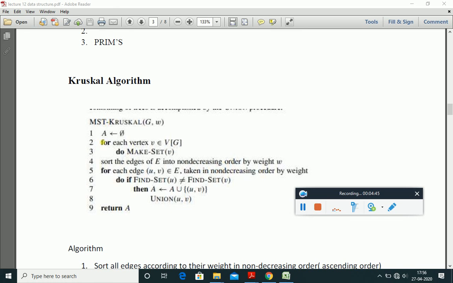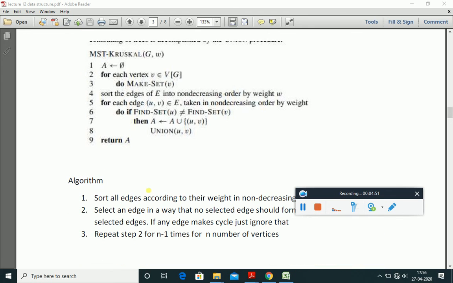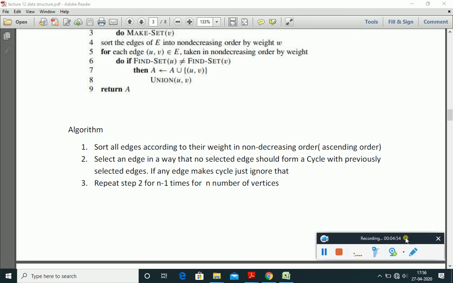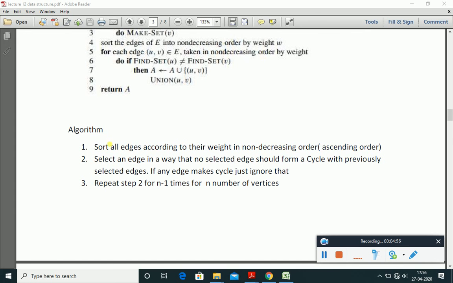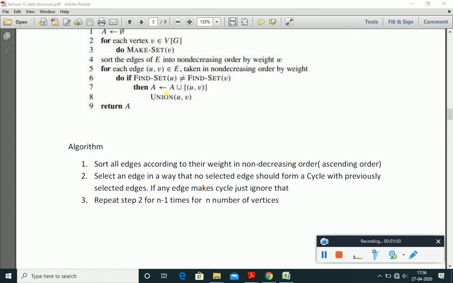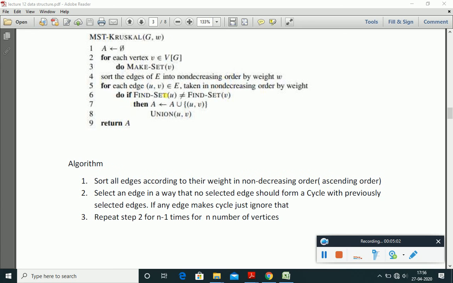This is the algorithm which is given in CLRS, the Cormen book of algorithms, and this is the algorithm which we can use for normal purposes. Both are the same, there is no big difference, just a way of writing, just a way of implementation. I have shown both so we can understand this also. So let us understand this easier one.